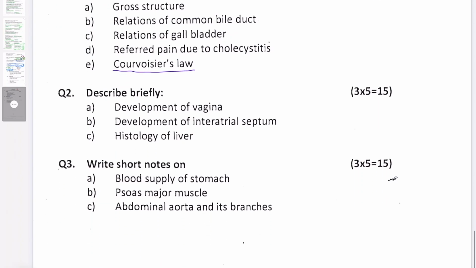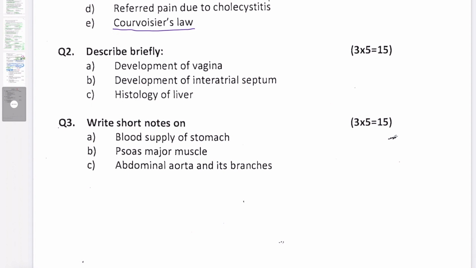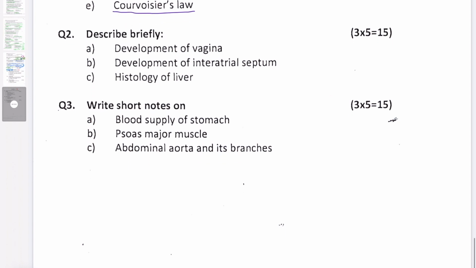The 5 marks question was: describe briefly development of vagina, development of interatrial septum, and histology of liver. All of them are very important questions. Write short notes, again 5 marks each: blood supply of stomach, psoas major muscle, abdominal aorta and its branches. So that was